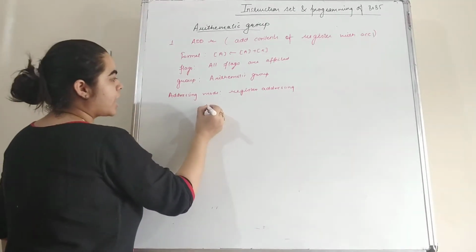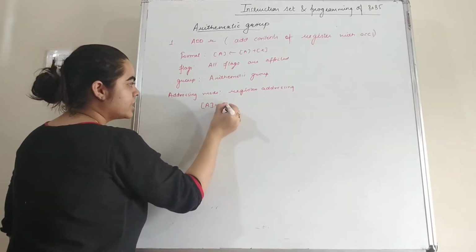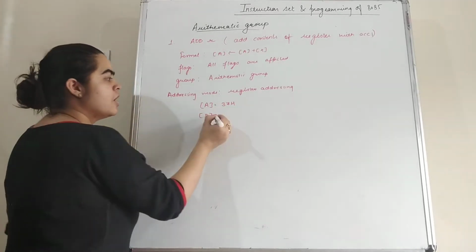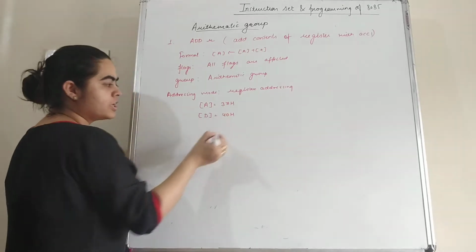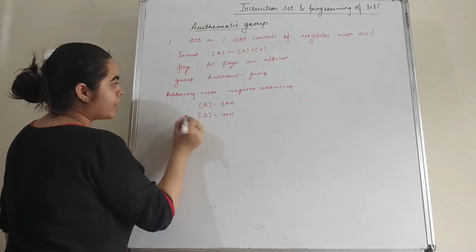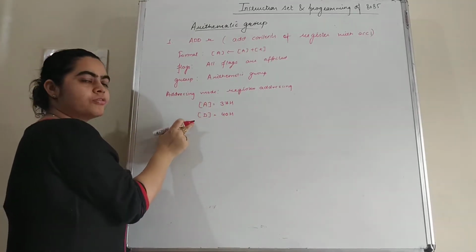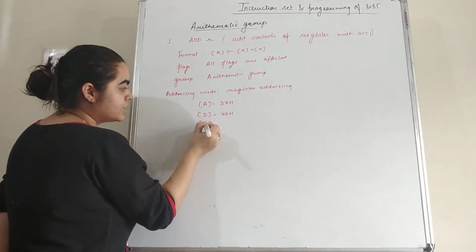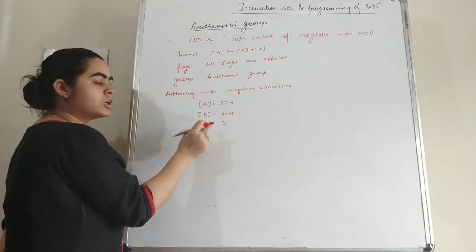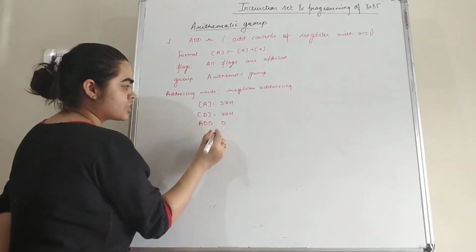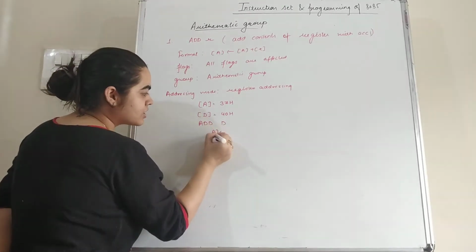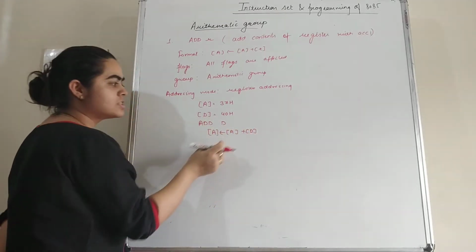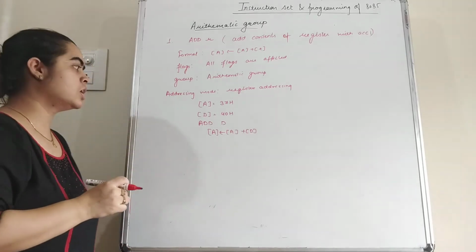So suppose we have the accumulator with contents 37H and we have a register, that is D, which is having contents 40H. Now before execution we have the values of A and D as 37H and 40H. Now we can write the instruction ADD D. This instruction means we add the contents of the accumulator with the contents of the D register and store the result in the accumulator.